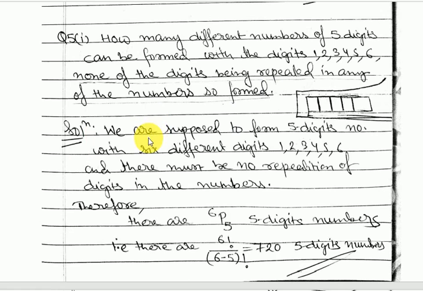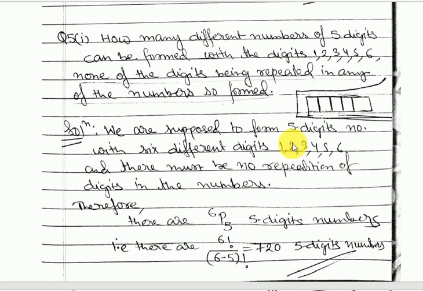Okay, we are supposed to form 5 digit numbers with 6 different digits. Yes, here we have got 6 different digits and we have to form a 5 digit number without repetition. Okay, and there must be no repetition of digits in the number. Therefore there are